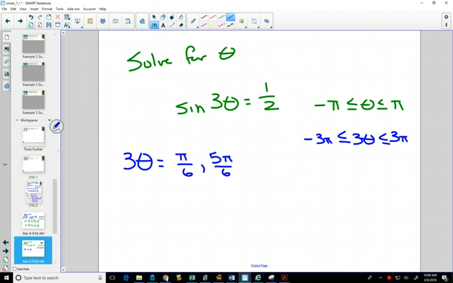So if I'm starting at 0, that would mean I'm going to go from 0 to 3 pi, which is once around, and then another half a time around. Can you see that you would hit pi over 6 and 5 pi over 6 again? So that's going to be 13 pi over 6, adding 12, and 17 pi over 6. But we also have to think about going from 0 to negative 3 pi. So 0 to negative 3 pi would be once around in the negative direction and another half around in the negative direction. Going once around in the negative direction, you're going to hit 5 pi over 6 at,